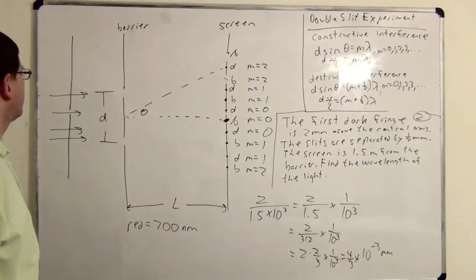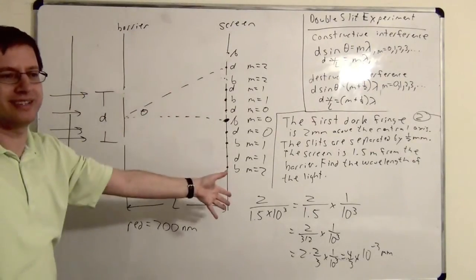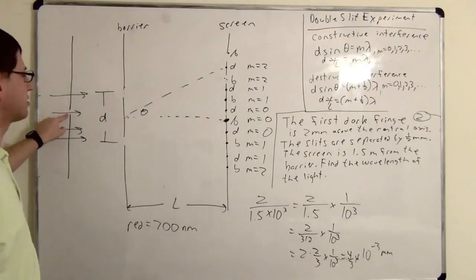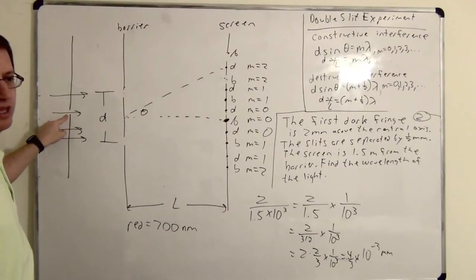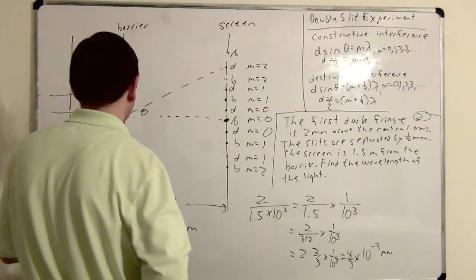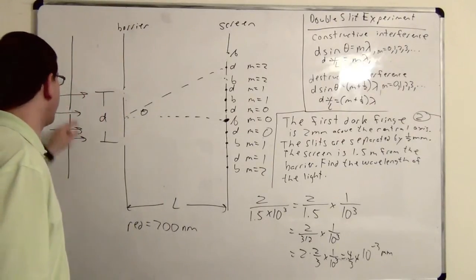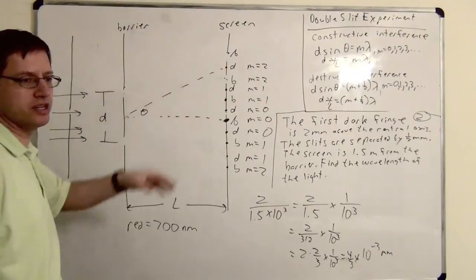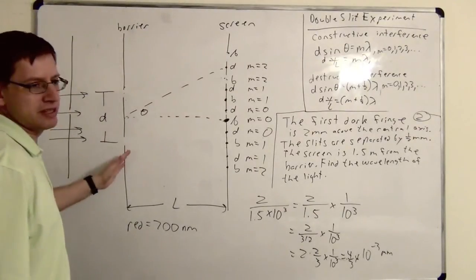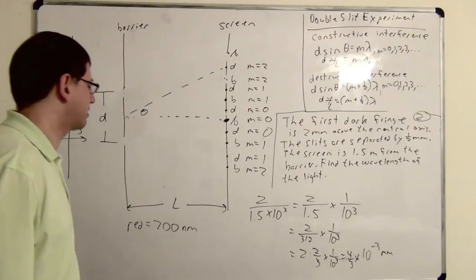So I just want to point out, if you start with a single slit and then you have the double slit, that doesn't change the results of the experiment. This single slit here can just be ignored. This is just being used to get a coherent beam of light. It doesn't change how we solve the problem. There's other experiments that only have a single slit, and those have different equations. But this is still a double slit experiment. This is not the experiment here, this is just creating the coherent beam of light.